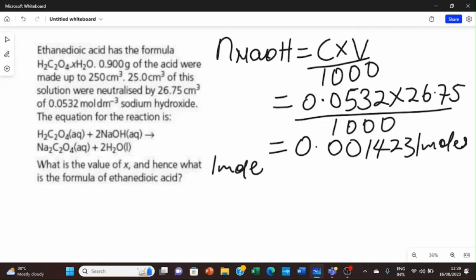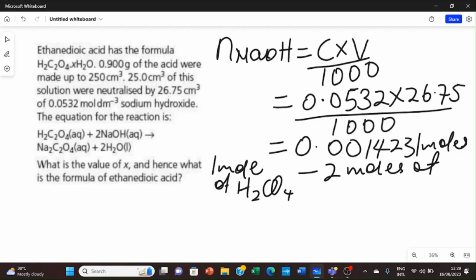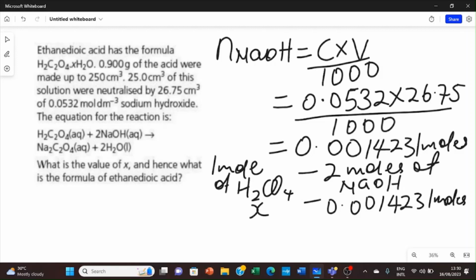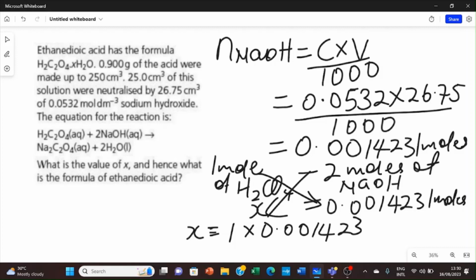1 mole of what? H2C2O4 reacts with what? 2 moles of what? Sodium hydroxide. So 0.0014231 moles react with what? 1. So you cross multiply. So you now have what? 1 times X will be equal to 1 times 0.0014231 divided by 2, which will now be equal to